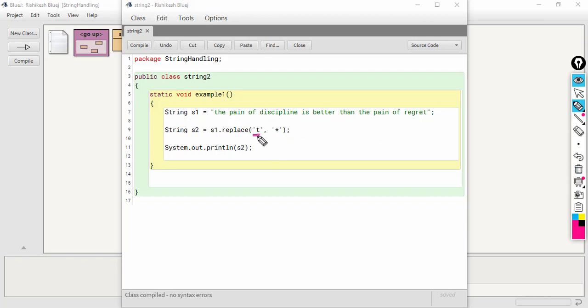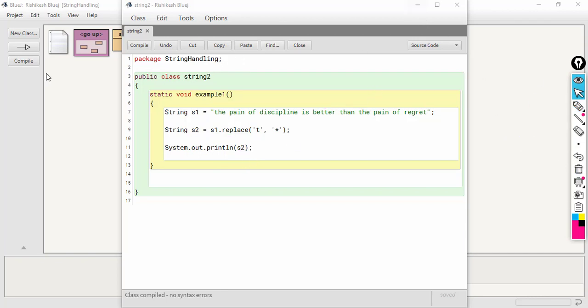The first character represents the character that we want to replace, and the second character is that character which will replace this character T. So all the T's in this string will be replaced by an asterisk. Finally it will return a string. That string will be stored in the variable S2, and then I will display it.